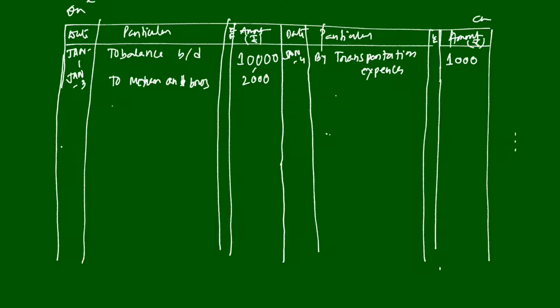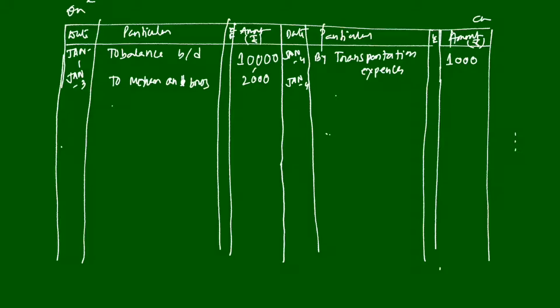Here it is written machinery purchased for cash, within bracket GST 18%. Machinery purchased. So what is the journal? Machinery account debit to cash. Machinery account debit to cash is the journal. So cash is the credit. That's why you have to write that balance of machinery on the credit side of the cash book.